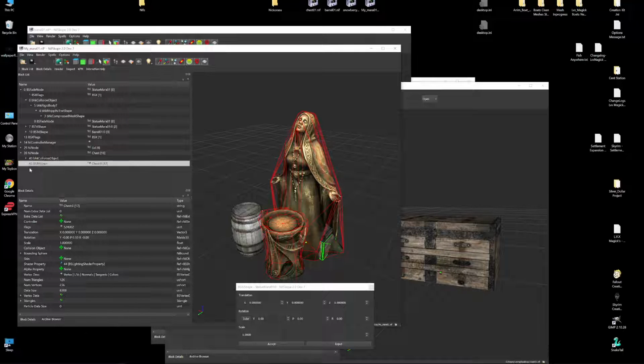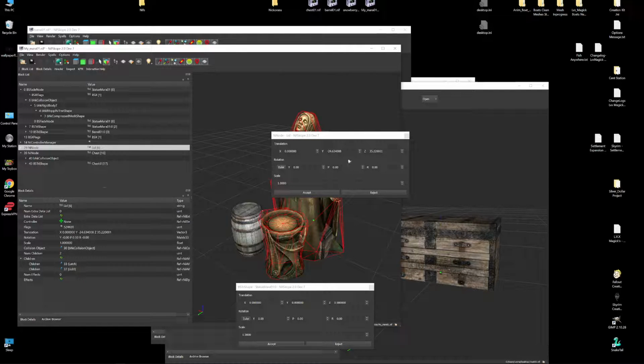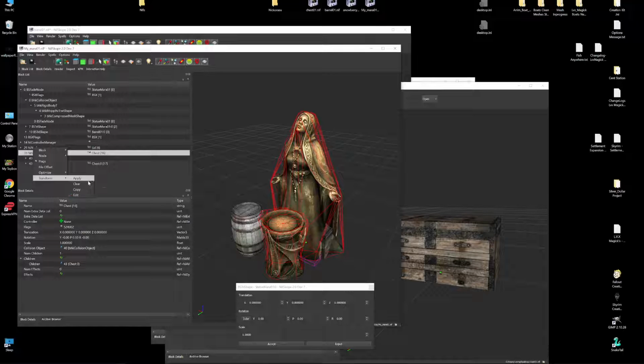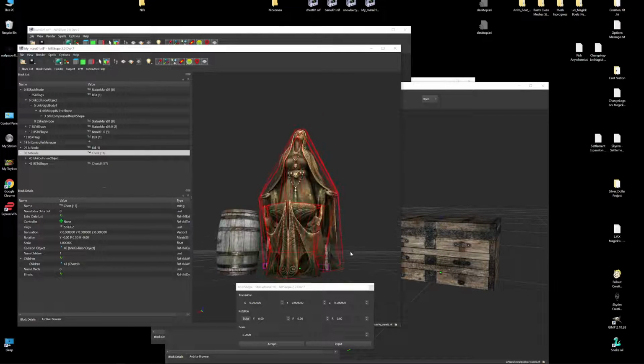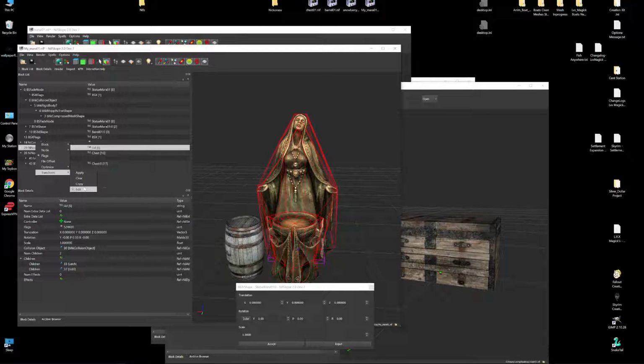If I move, let's say, this 9 node over, let's hit accept. Actually, let's do this. Apply, so it's 0. Apply, so that's 0. You can go transform, sorry.